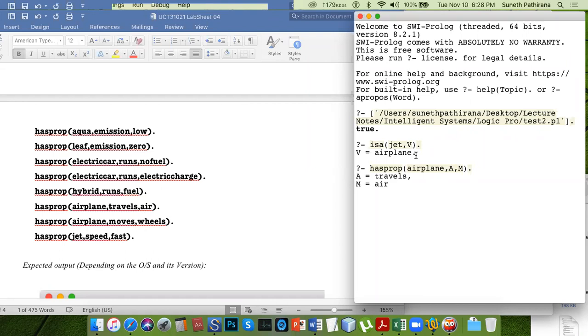It has some other alternative answers. An airplane moves on wheels. So it has two options. Airplane can move on wheels. Meanwhile, the airplane travels through air. So this is the answer that we can figure out.